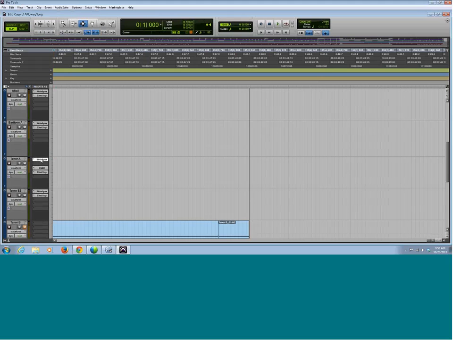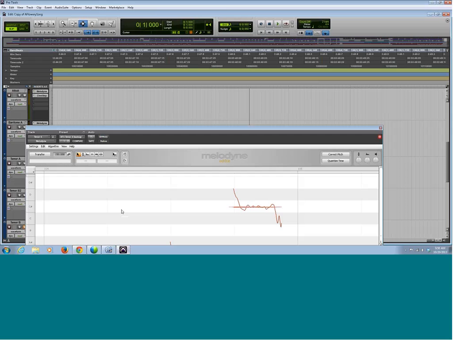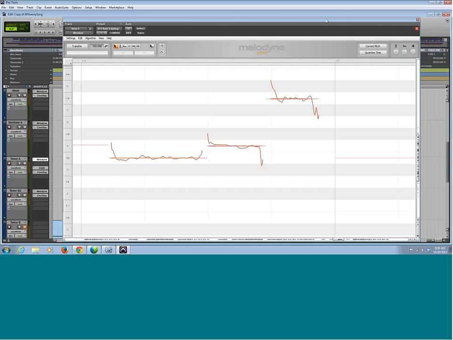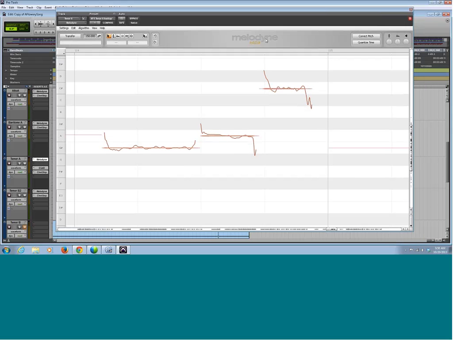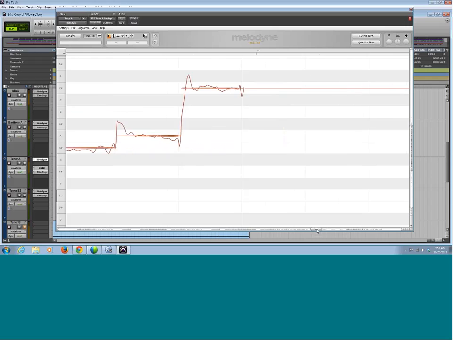Here's our auto tune. Now it wants me to update stuff. I don't want to update stuff right now. Okay, so this is actually no longer Pro Tools. This is something called Melodyne, which can be a standalone program or it can be an insert or an add-on to Pro Tools. You feed Melodyne your audio track, and it will